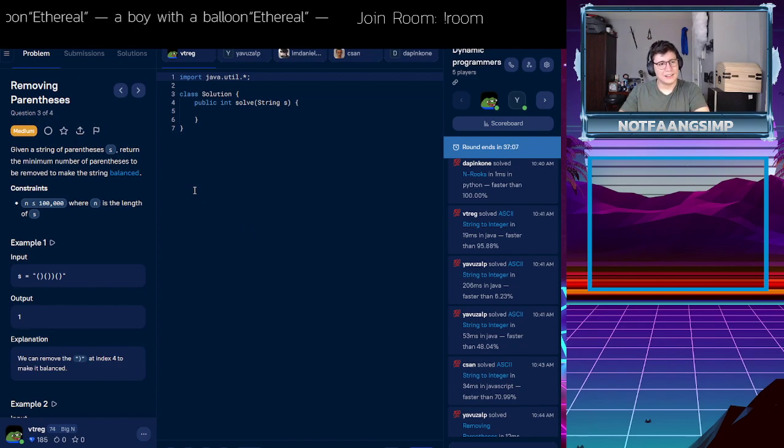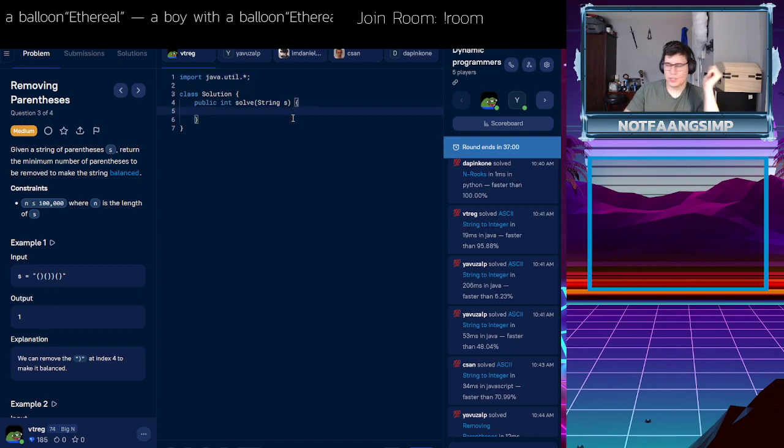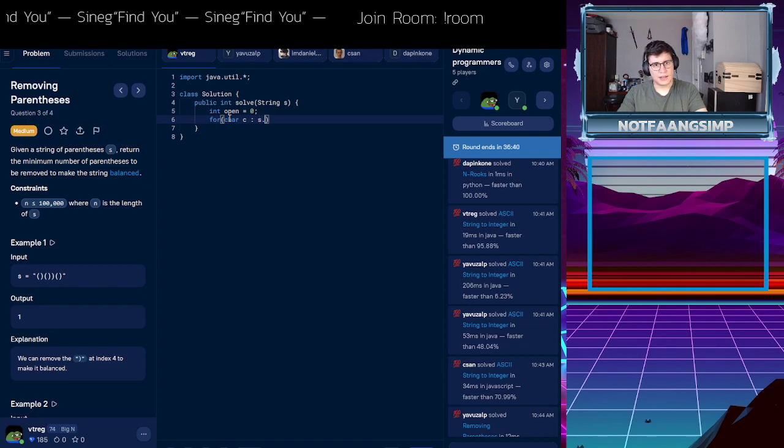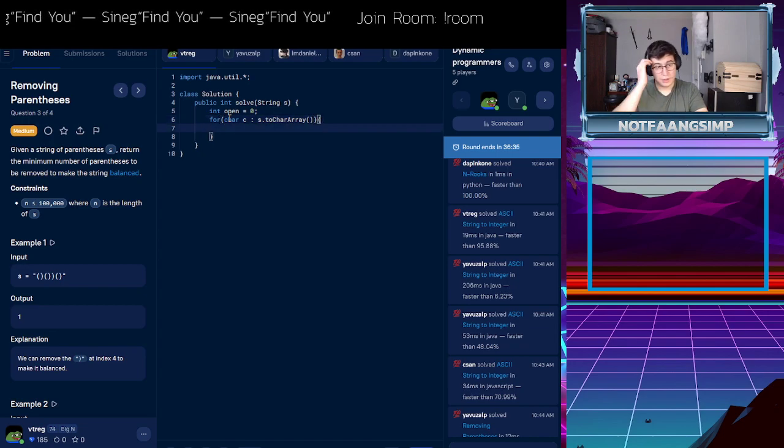Okay, how do we determine how many parentheses we need to remove? I guess we literally just solve balanced parentheses, but this time, anytime it's not balanced, we just move on and we count it. So let's go ahead and do that. Let's do int openParentheses equals 0, for char c in s.toCharArray(). We're going to split this up, and we're going to check a couple things. So if